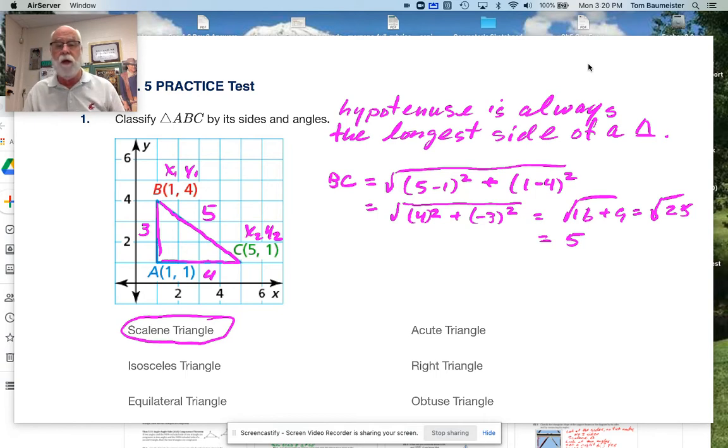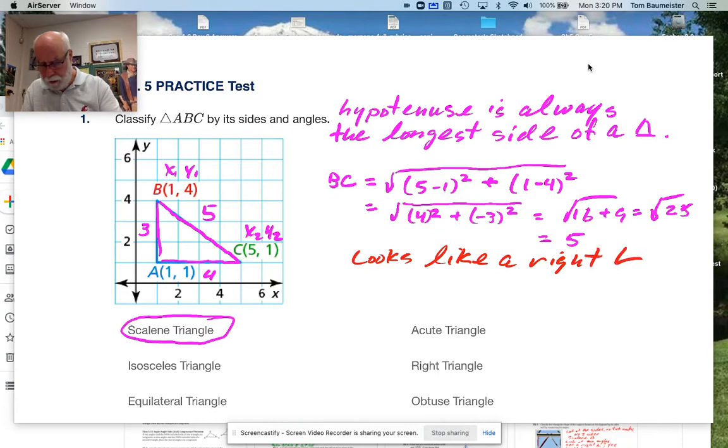Now we have to know, is it an acute triangle, a right triangle, or an obtuse triangle? I will say this, it looks like a right angle. Okay, so that one looks right. And if it wasn't the x coordinate and the y coordinate, I would say you should check that their slopes are negative reciprocals. But on this one right here from Algebra 1,